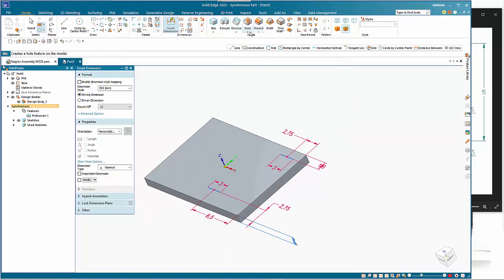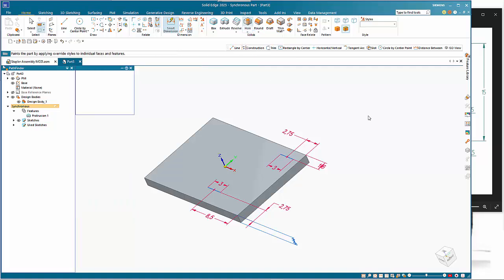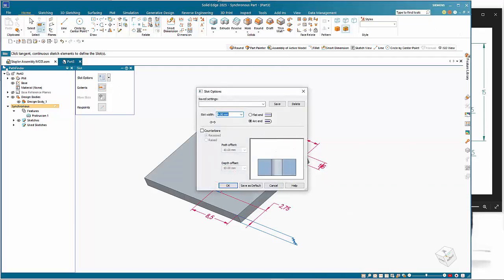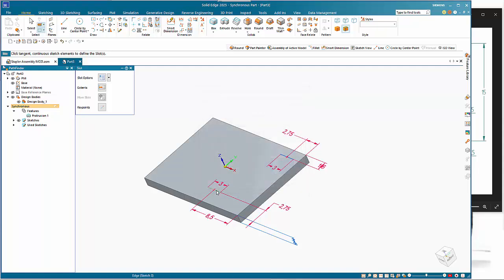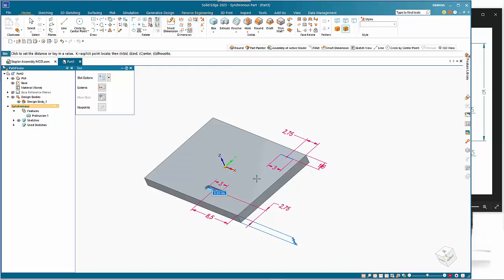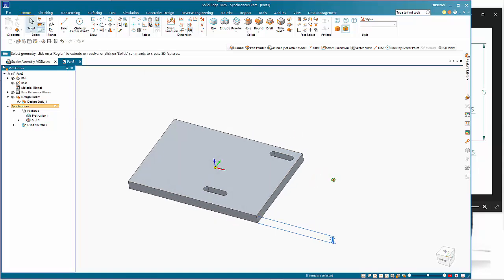So if we go to the slot command, the slot is 1 mil wide and rounded end. So we'll go into the options here. Slot width of 1, arc end will give me the 0.5 mil, and it is 1 mil deep. So I can just type that in, do the same for the other one, and then we've got a